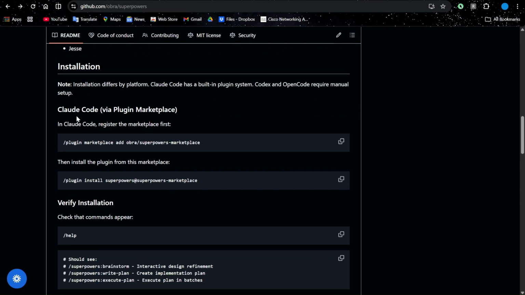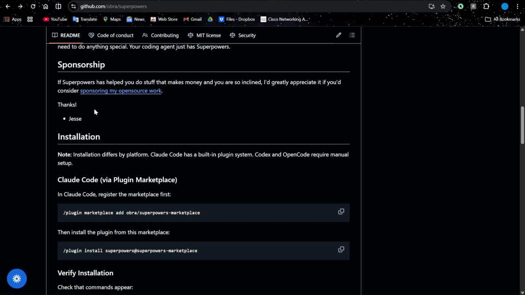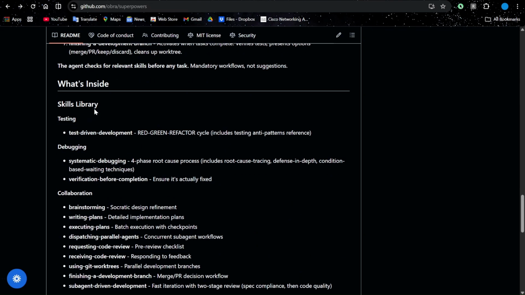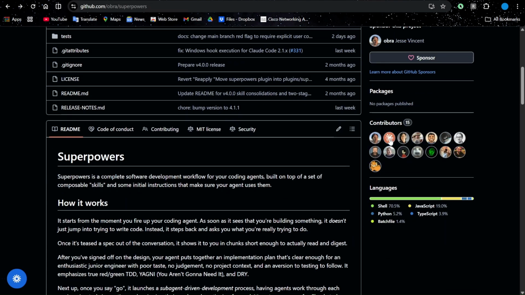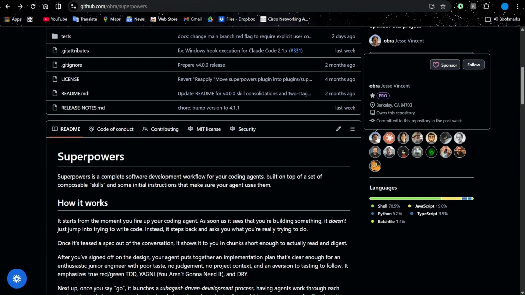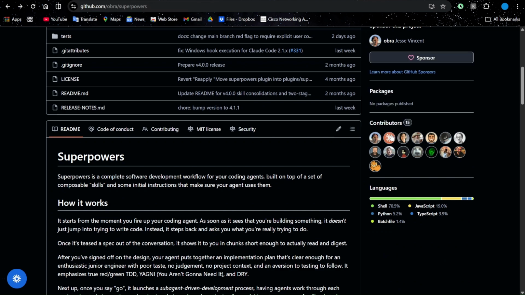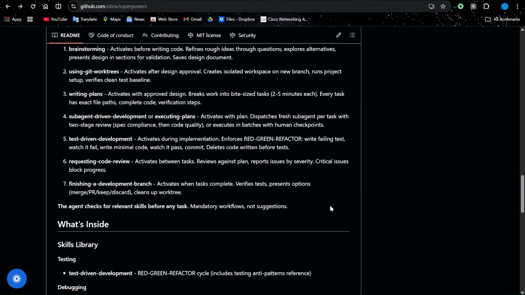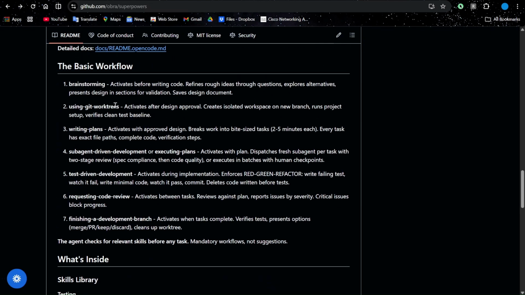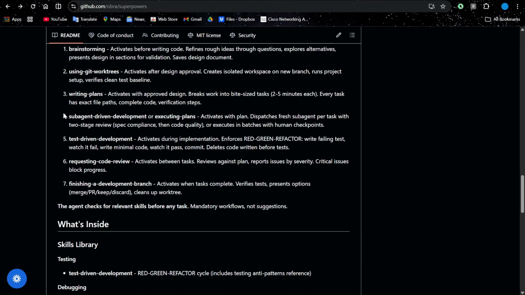Heads up to Jesse, who actually sponsored this project. There are a lot of open source contributors, even from Claude Code developers itself, who have actually sponsored this project. Here are some tasks like brainstorming, using Git work trees, writing plans, sub-agent driven development, test driven